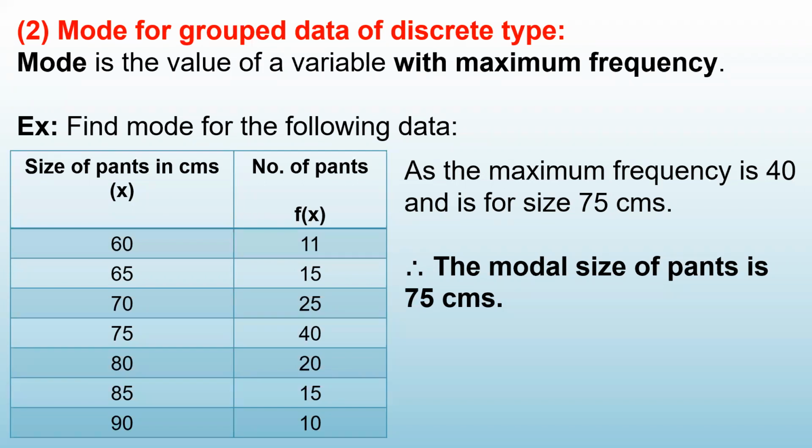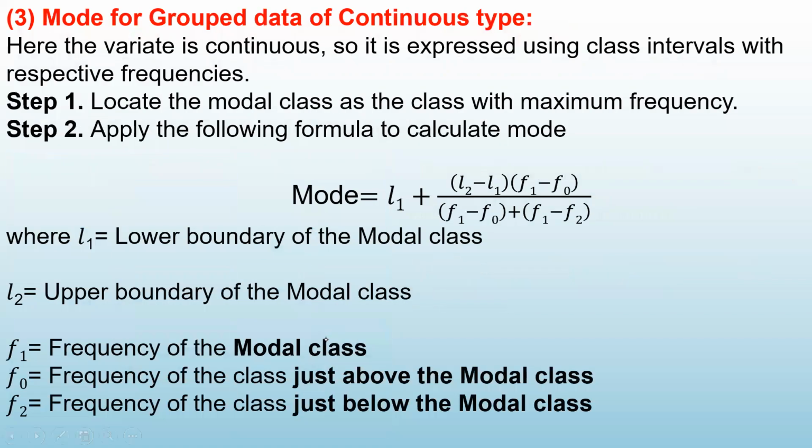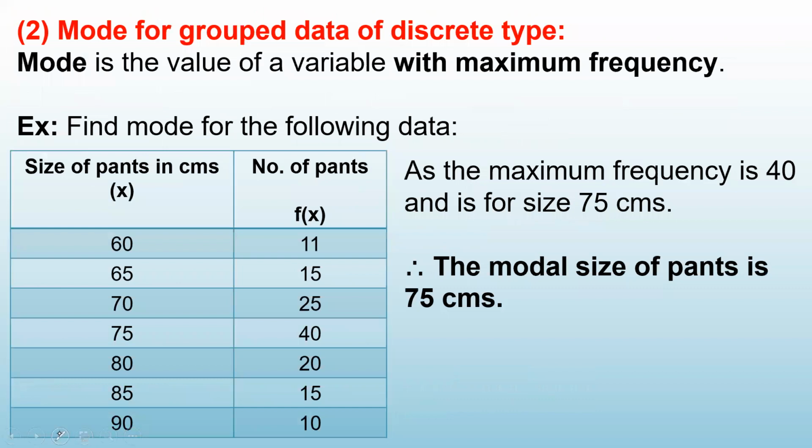So to calculate the mode, just go to this frequency column and see where you are having the maximum frequency. So it is 11, 15, 25, 40, 20. So this is the maximum frequency. Okay. Highest frequency is here. Here. This is the maximum frequency. Maximum is सबसे ज़्यादा. ये किसके लिए है? This maximum frequency is for 75. And therefore, what is the mode?